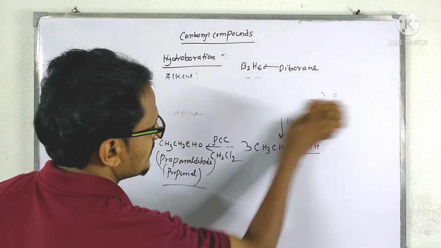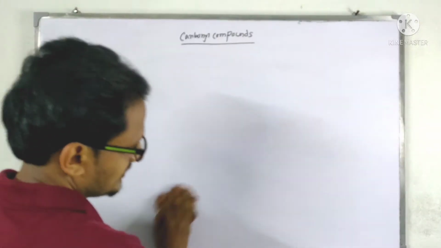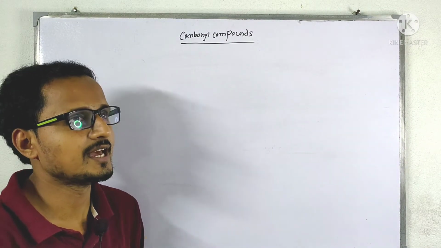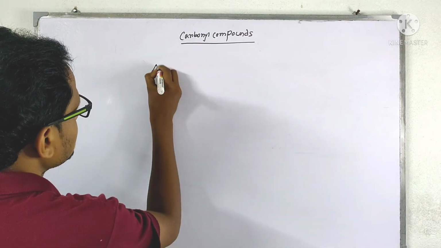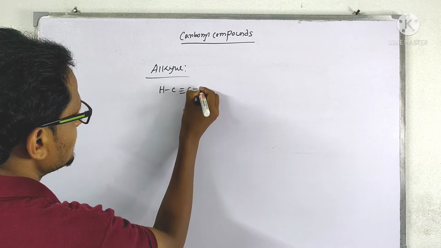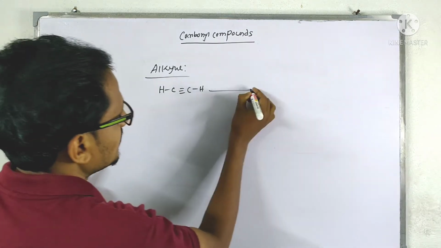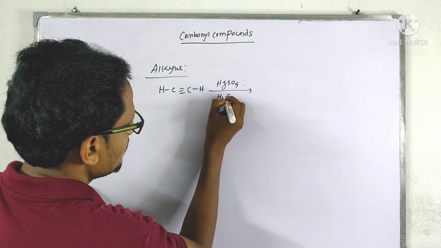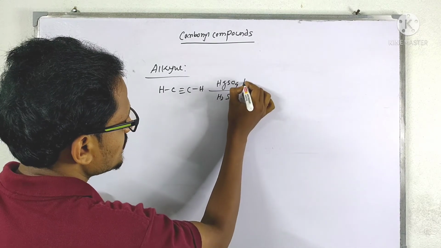Okay, so I'm erasing this one. Now we can apply another method, which is called hydration, on an alkene or an alkyne. So if I take an alkyne, alkyne means HC triple bond CH, this is one alkyne. Now this alkyne, when treated with HgSO4 with H2SO4 at 60 degrees centigrade temperature with water, that means HOH,